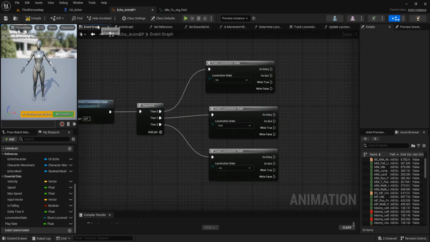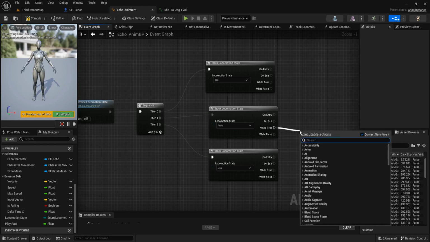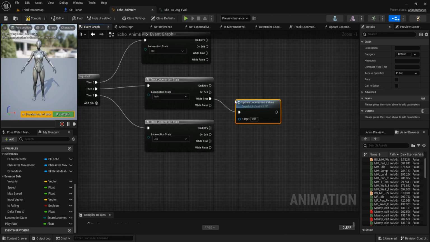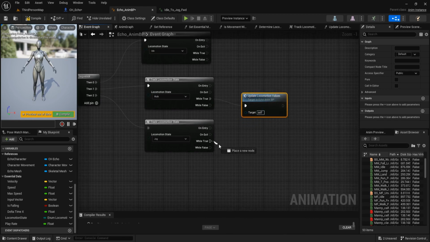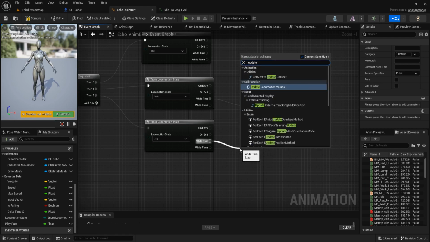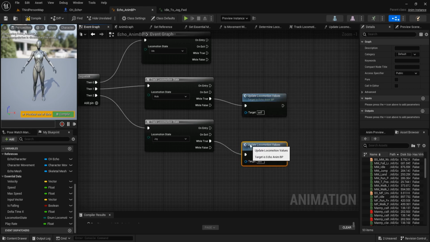And go to event graph. On while true, we call this update locomotion value play rate, and this while true jogging, we call this update locomotion value too.